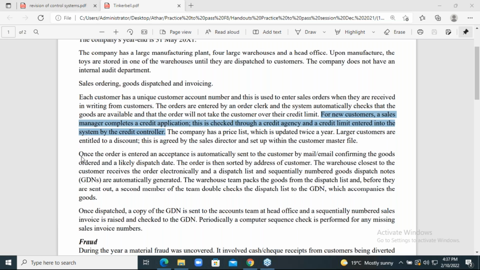So Umar is asking for the third point related to credit limit. Can this be a valid objective to reduce the chances of a bad debt? Now, this is not a valid objective to reduce the bad debt. It could be an objective, but it is a secondary objective. Let me show you, Umar,